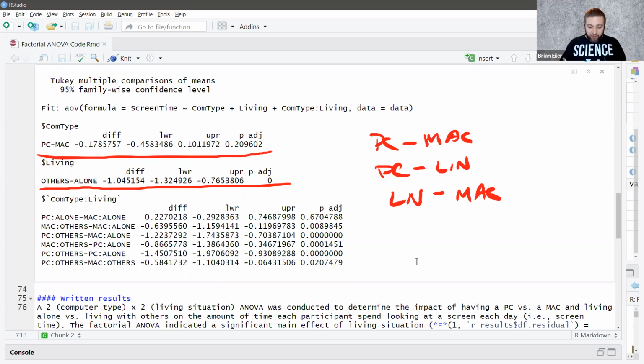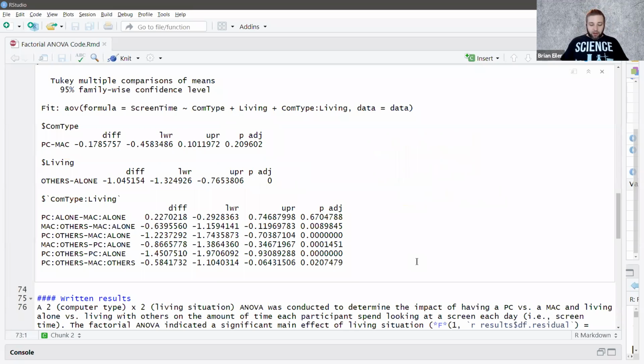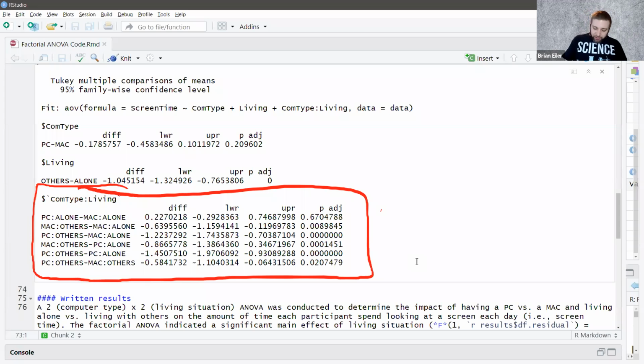Okay, and another thing we should also notice is that this adjusted p-value here is exactly the same p-value that you would have gotten in that F table, that original ANOVA table that we ran, because there are no post hoc tests to do on the main effects. Okay. That being said, if we look down here at computer type to living, the interaction, so this is all interactions,